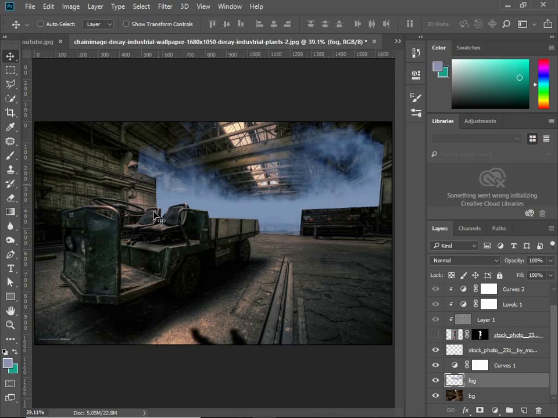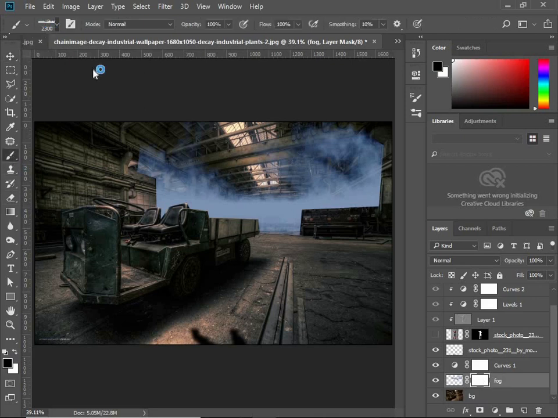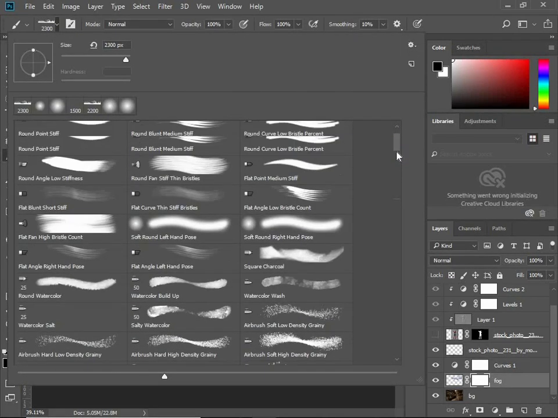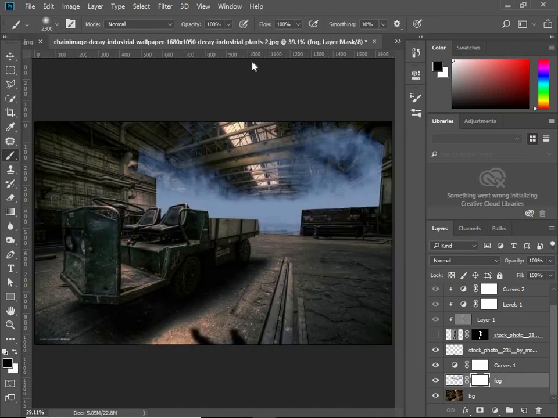Now as you can see, there are some hard edges which look pretty unnatural. So just select this layer and hit this mask option. Now what is a mask? If you are new to Photoshop, once you have selected the mask option, take a soft brush. Let me decrease the size. What a mask does is, if your foreground color is black and background is white,